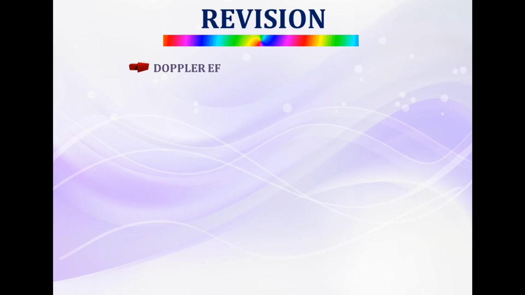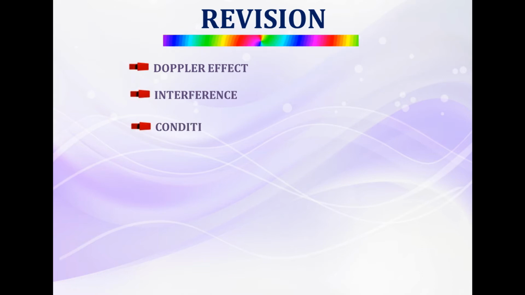We had discussed the Doppler effect, and using this Doppler effect, how to calculate the radial velocities of galaxies. We had discussed this in the previous class. We did a derivation. And along with that, in the previous class, the definition of interference, what it is, then different